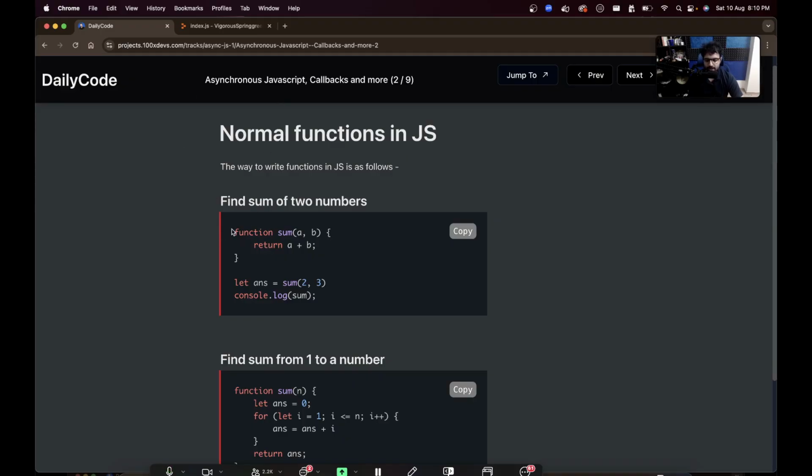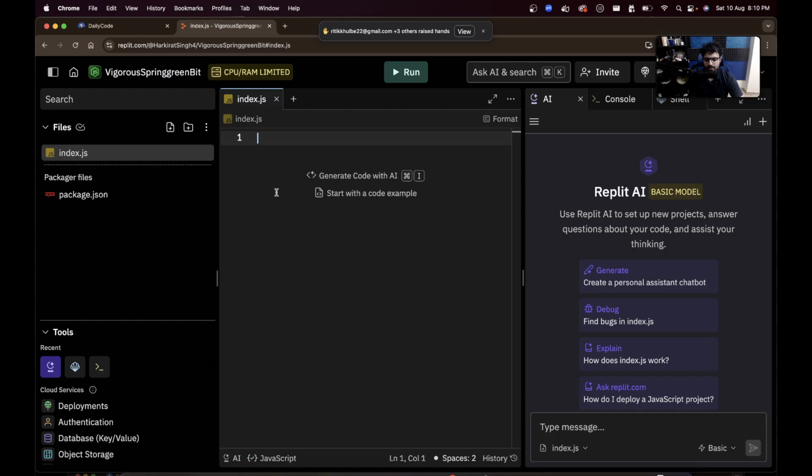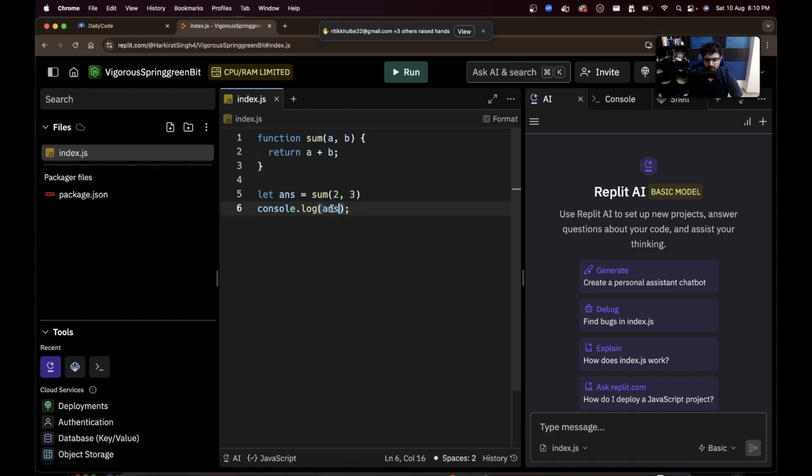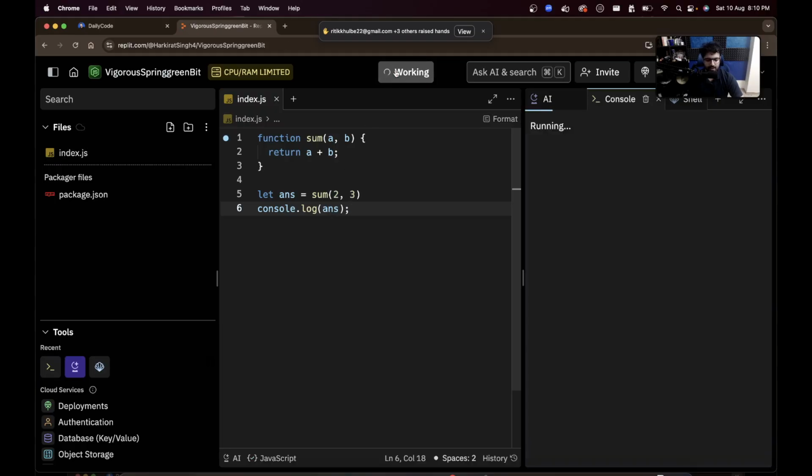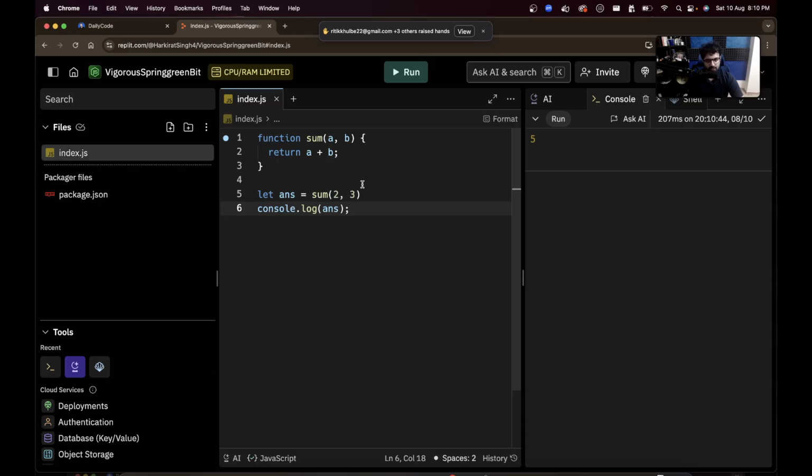What is this code doing? It is first defining a function. The name of the function is sum. It takes two arguments, a and b, and it returns the sum of a and b. It returns a plus b. We call sum over here. We store the returned value in answer, and then we log. Oh, this is wrong. We should be logging answer over here. We should not be logging sum. I repeat, we should be logging answer over here. If I run this, it prints 5 on the screen because the sum of 2 and 3 is what? It is 5. If I increase this to 30 and 20,